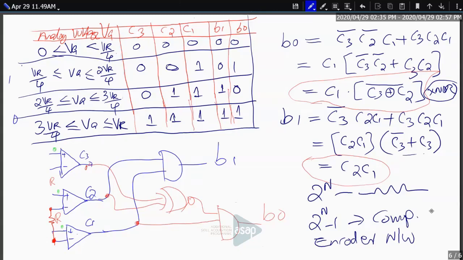Definitely, we may use this analog to digital converter called flash ADC, but at the same time, it has very serious limitations as far as fabrication technologies, package density, etc. are concerned, because of the requirement of a large number of comparators and resistor values. Another point is, as we have seen in our circuit, all these resistors are of equal value, R.